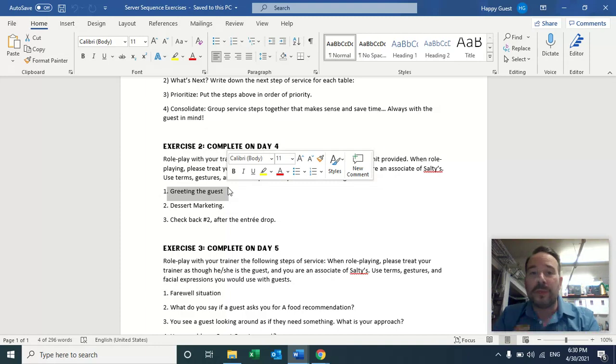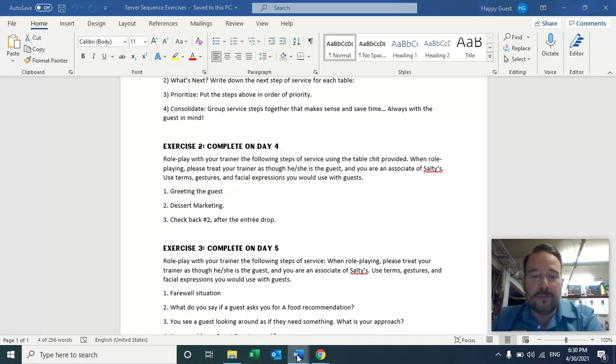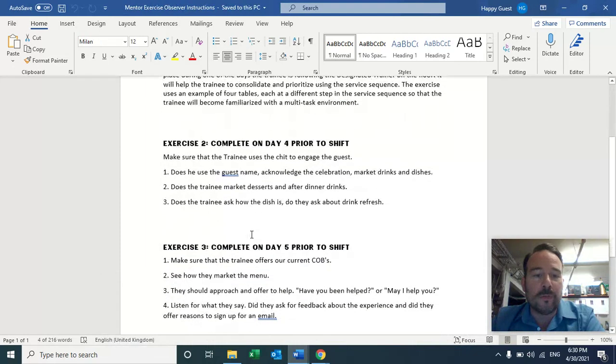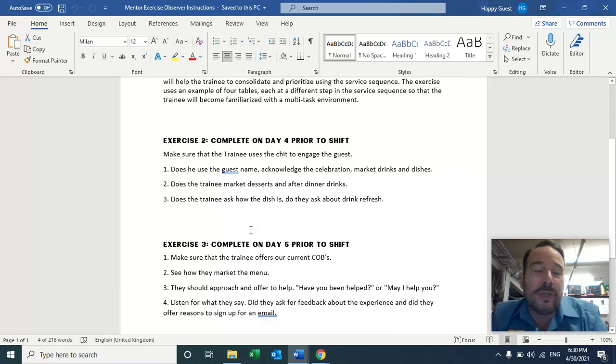Now they need to read the chit, and this is what you're looking for as the mentor observer. It says the guest's name. It's actually a Carly Ragsdale. It says that they've been here before, that they are celebrating an anniversary, and that they like Chardonnay. So you want to see, does your trainee utilize the information? "Oh, Miss Ragsdale, it's great to see you again. Thanks for joining us. I see it's your anniversary. Congratulations. Hey, I know you like Chardonnay. Would you like to get a bottle going?" Something like that. Basically, using the chit to have information and using it to personalize the service is really important